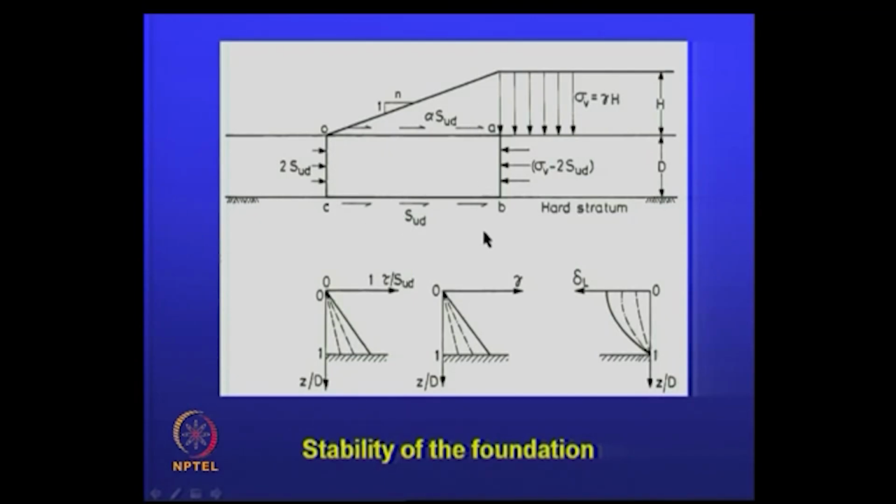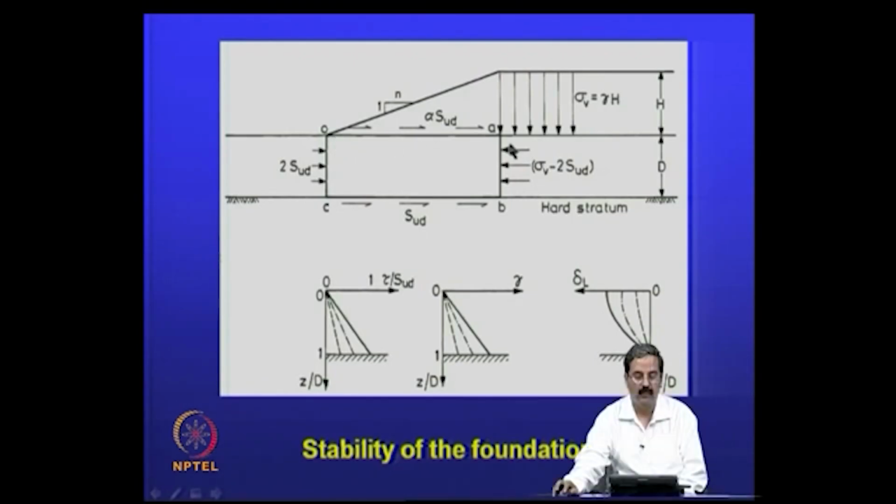So, if it is of limited depth, you have vertical stress acting, and then there is also alpha SUD, alpha is another coefficient that you have, some portion, because shear strength is acting here, the vane shear test, you can get a vane shear test value, and sigma V minus 2 SUD is the thing, that vertical stress is, see, there are two surfaces here, one is this SUD is acting here, SUD is also acting here, right. So, you can say that it is the two surfaces acting, and